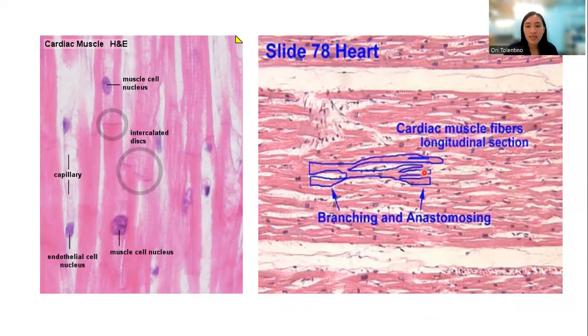This weaving arrangement helps produce an efficient contraction mechanism for the emptying of your heart. The fibers are actually separate cells joined by your intercalated discs. This is one cell, joined by your intercalated discs. The transverse region of your intercalated discs has desmosomes for firm adhesion, while longitudinal regions are filled with gap junctions to unify the muscle contraction.